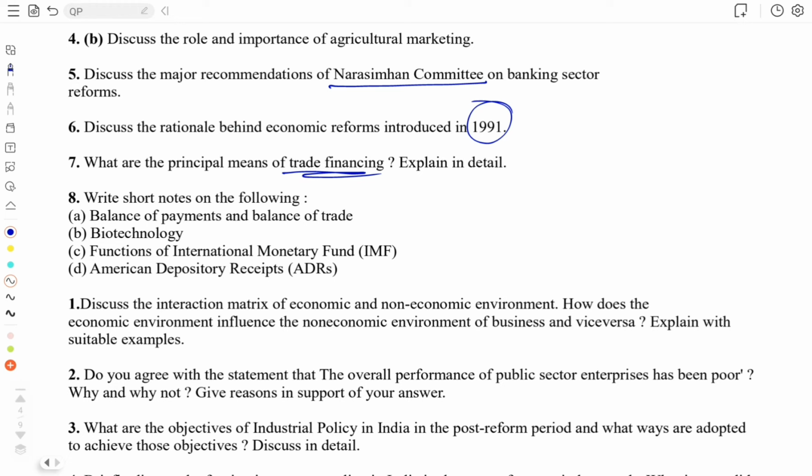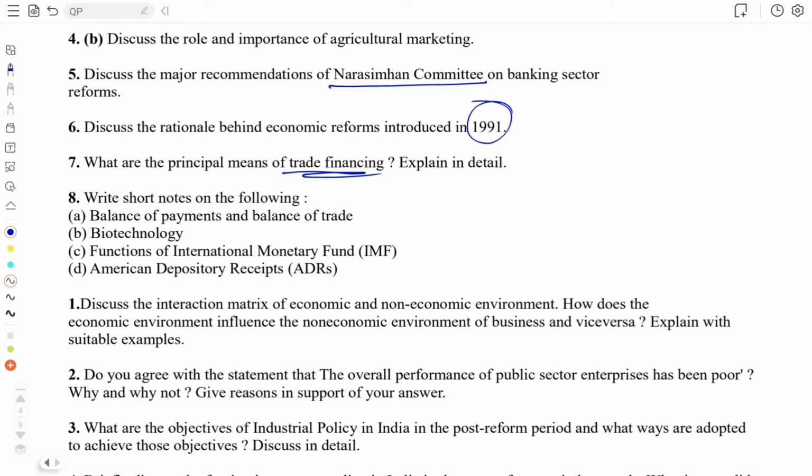So the basic BOP accounting rule is that all transactions that lead to a net receipt of foreign exchange create a credit, that is a surplus in the corresponding account, whereas all transactions that lead to a net payment to foreign countries create a debit, that is a deficit in the corresponding account. And it makes sense, right? If we get foreign currency, it is a surplus, it is a credit. If we have to give it, it is a debit, it is a deficit, right?